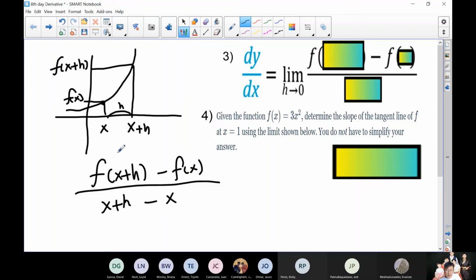This is y2 minus y1 over x2 minus x1. I'm going to draw this. We found the slope in between, so I connect the line. This is what we call a secant line. The secant line means the average slope from here to here. But if I put this limit, the limit is when it gets closer to the